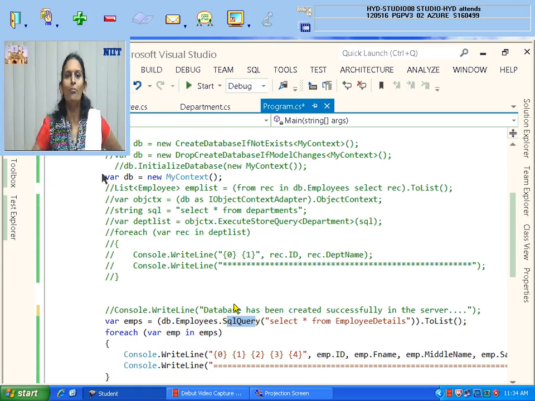I have to apply a command called as to think. Sometimes you will get the data in object context format and want to retrieve the data from that. Then I should use this methodology. In case your data is in object context format, the special method you should use is execute store query, and the query is given. That is also a query, but this is the method if it is in the format of object context.